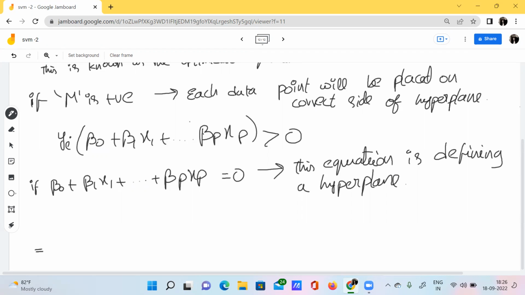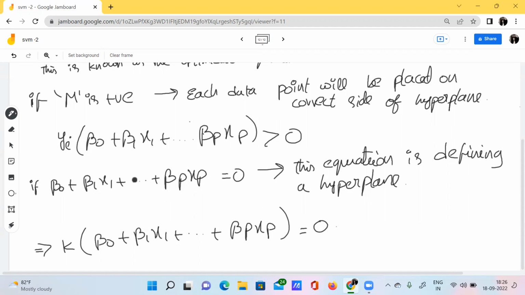And then if k of beta naught plus beta 1 x1 plus and so on plus beta p xp is equal to 0. Why? Because here I have said that only this particular expression, that is beta naught plus beta 1 x1 plus beta p xp, these are all the parameters combined with our features x1 x2 and so on xp.